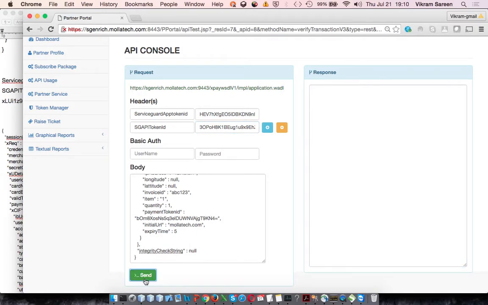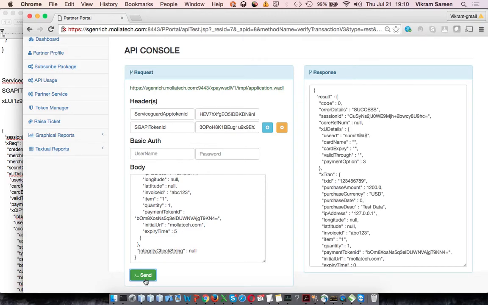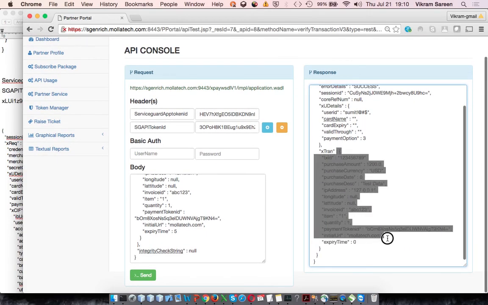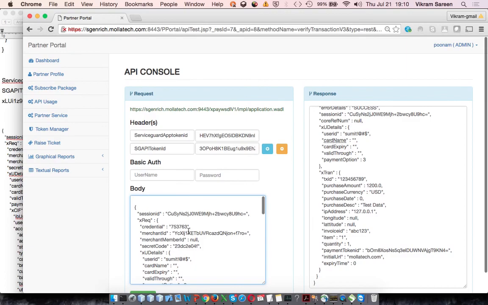Okay, great. Now what you saw over here was that we got success. That means the transaction was successfully executed, and these are the transaction details. Now let me just do one thing. Let me pick up the same transaction